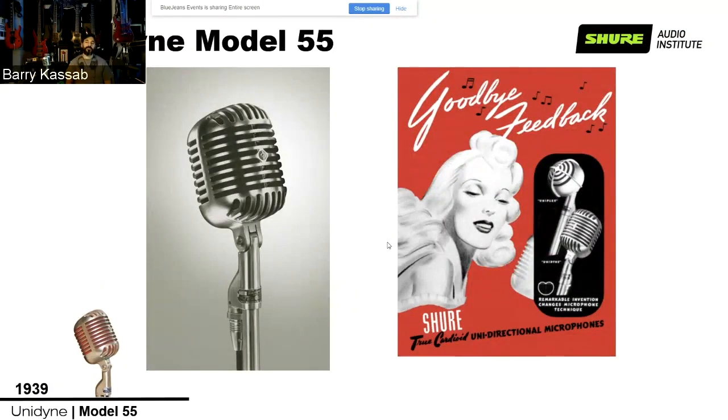And with this, that was the birth of the first polar pattern in history, which was called the